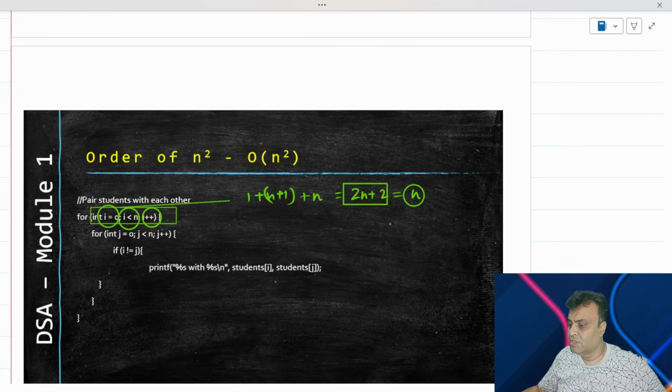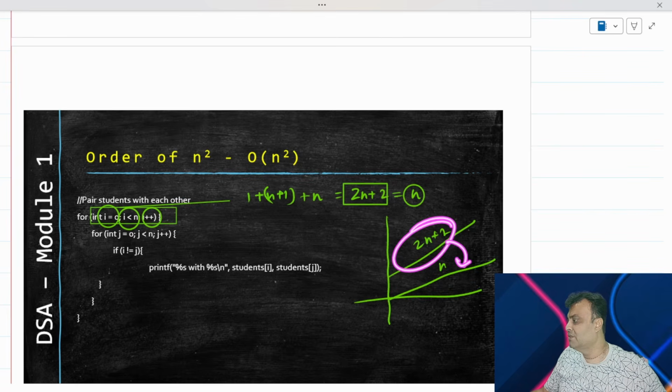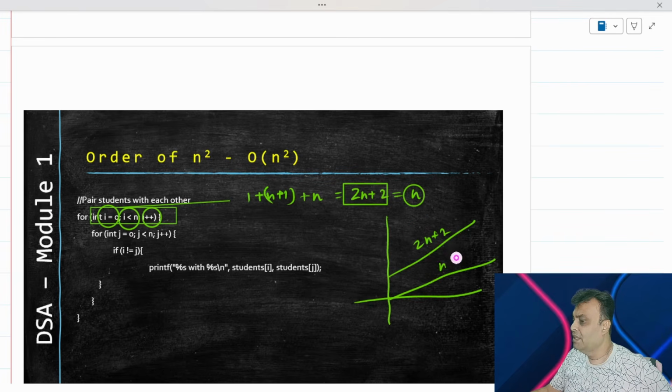Can't I say that? Of course I can say that, because 2n plus 2 is a curve like this. Can I not show this curve like this, which is our n? Can I not say that from an asymptotic standpoint these two curves are the same? Because it only depends on n, nothing else but n. So this curve, if I run it on a faster machine, may become equal to n. So can I not say this curve is just looking like this? This curve is the same as this curve when it runs on a faster machine. It takes 2n amount of time on a slower machine, but it might take n amount of time on a faster machine. Both these curves are linear classes, hence their degree is 1.